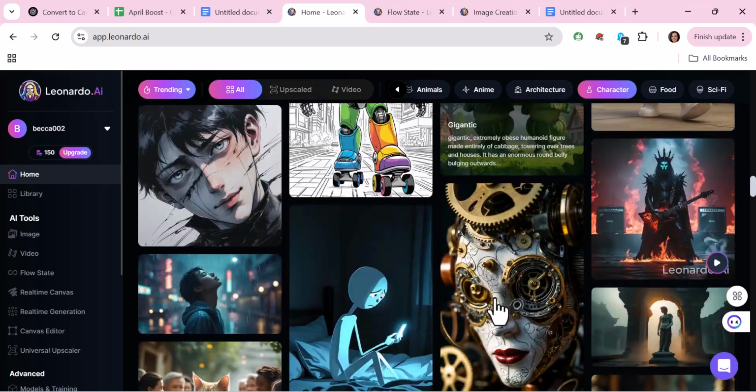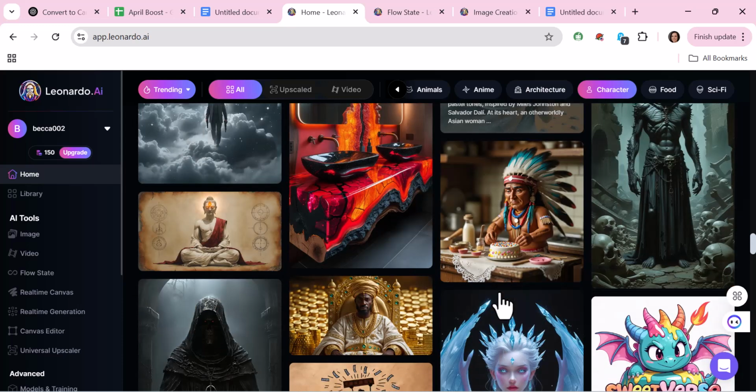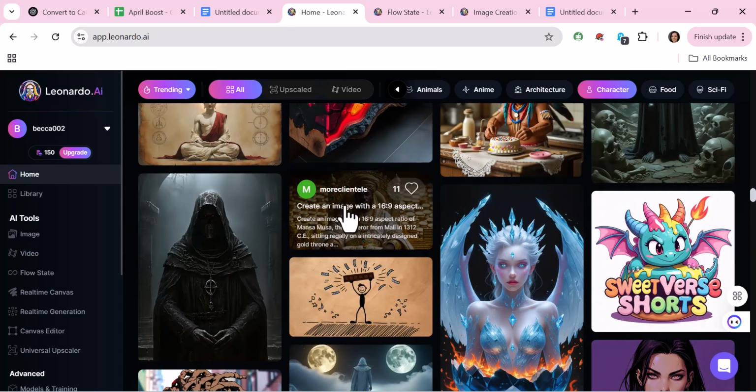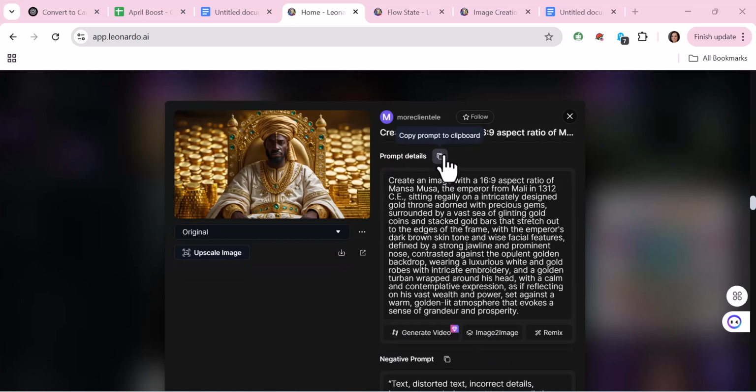Now once I get a good idea or I see something appealing, I can say I like this, so I can click on it to see more information about it. Once I click on it, I can see the image properly, also see the negative prompts and the prompts used to create the image. And from there I can copy the image, I can copy the prompt and edit it to suit my own purpose. Or I can also